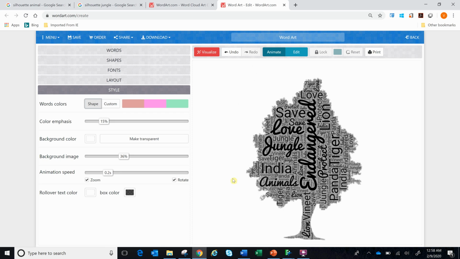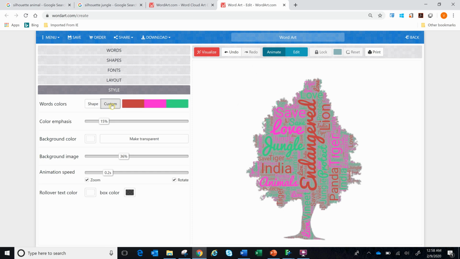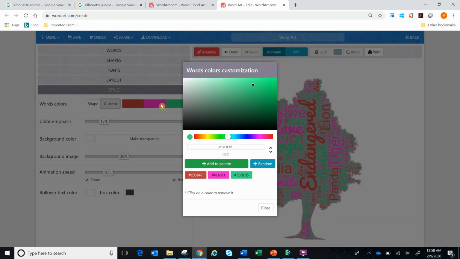Black and white is good, but maybe you like these words in different colors. And the way you do that is by changing the word colors. Instead of using shape, you go to custom. In the custom, you can see there are these three colors, and all these words change color to that. But these colors don't look good. So you come in here and